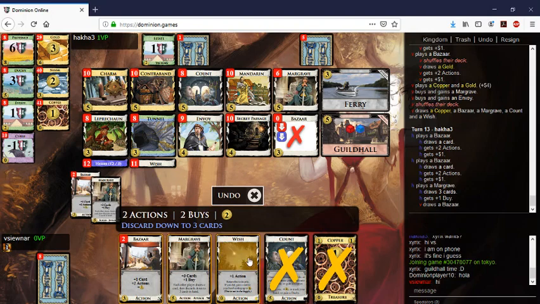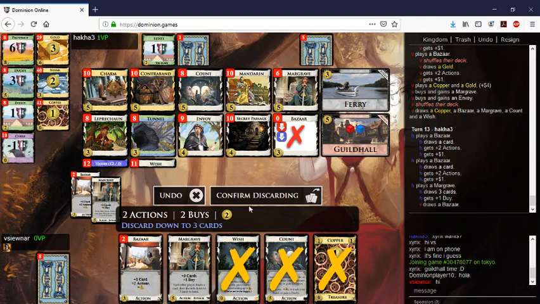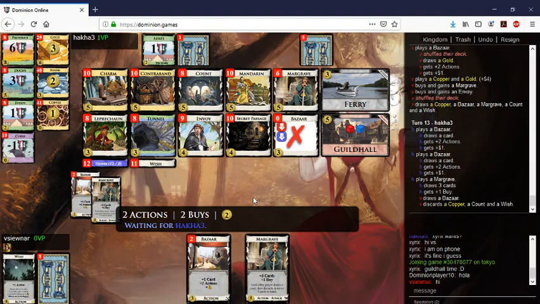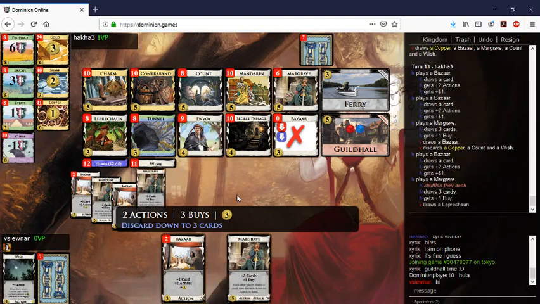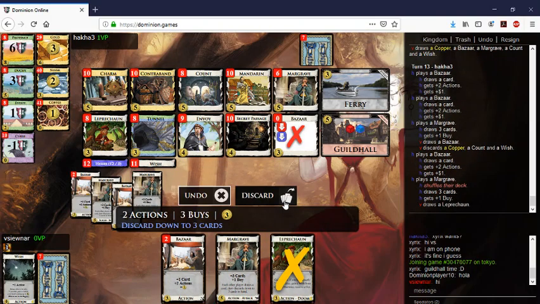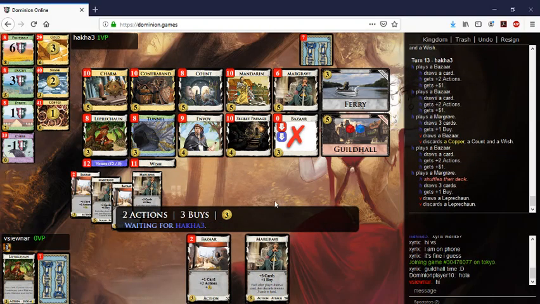Do I discard the Wish? I think so. I don't know about that. Maybe I shouldn't have. That was probably bad. But I can probably manage. And this is fine. So 1, 2, 3, 4, 5. Needs to play count. And then...